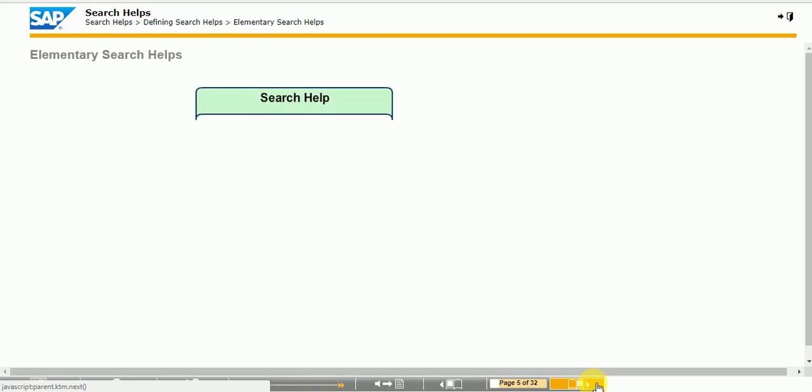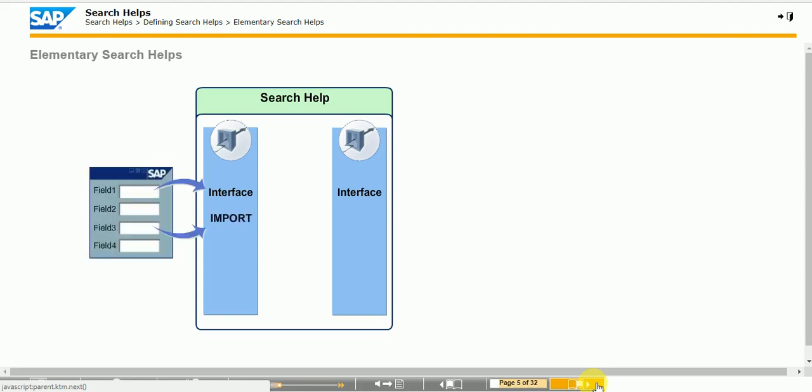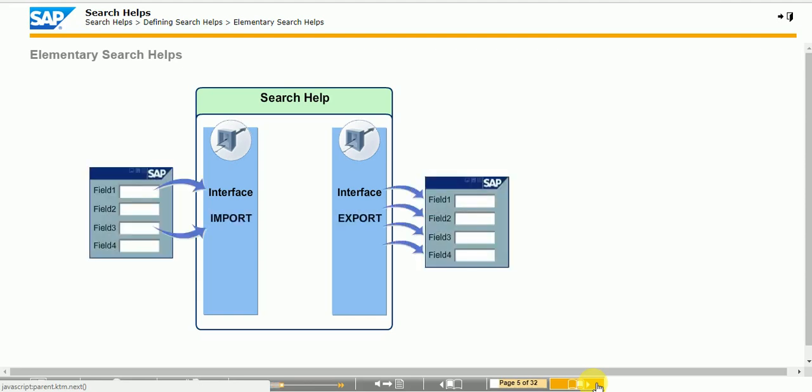The ABAP dictionary object search help is used to describe an input help. The definition of a search help contains the information the system needs to satisfy the described requirements. The interface of the search help controls the data transfer from the input template to the input help and back. The interface defines the context data to be used and the data to be returned to the input template when